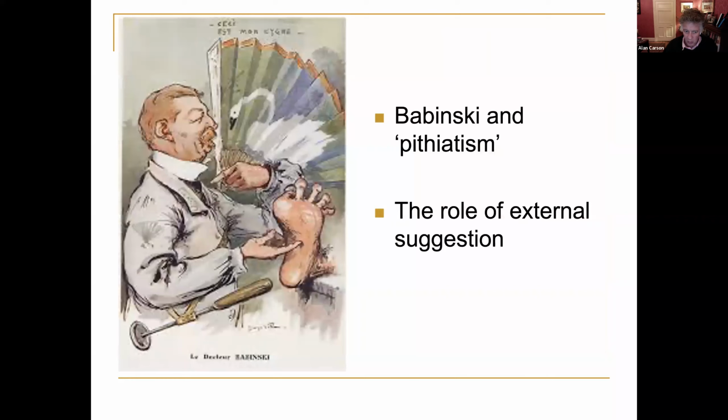Babinski, who's seen holding Blanche in that famous lithograph, perfected a lot of his examination techniques. It's an interesting cartoon. It was taken from, roughly speaking, the Parisian equivalent of the Sun. So it's a popular newspaper, and the inscription's maybe not showing too clearly, but the cartoon line is "Ceci, c'est mon signe." It's a sort of play on the word signe for swan and sign. But we can see the fan illustrating, as we know in Babinski's reflex, not just the toe goes up, but the toes fan out. But I think it just illustrates how much interest there was in popular culture in medicine at the time.